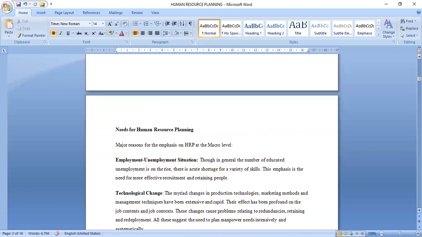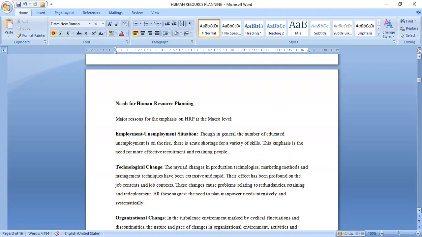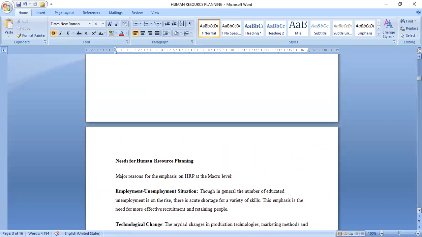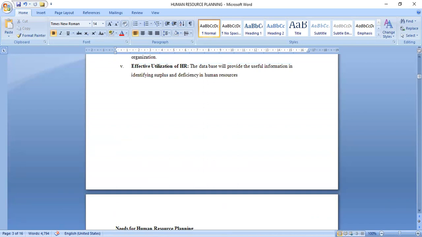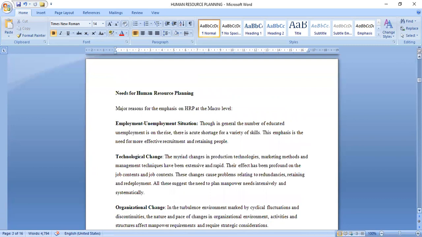So in many scenarios, people are having jobs even where they don't have the required skills, but probably because there is what we call technical know-how. Someone knows somewhere and they are fixed somewhere, but even what they are doing is totally different from what their qualifications are. So in that perspective, human resource planning comes in such that there is effective utilization. You're using the employees that are having the rightful skills to be able to help the organization achieve its goals, right?